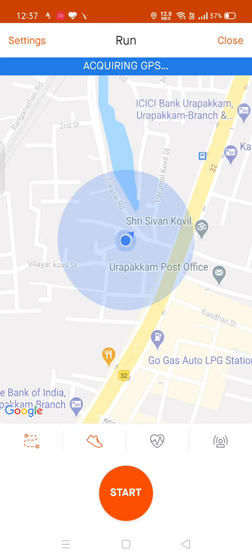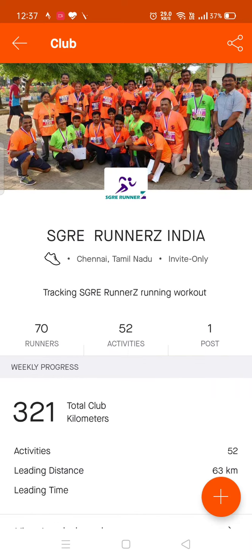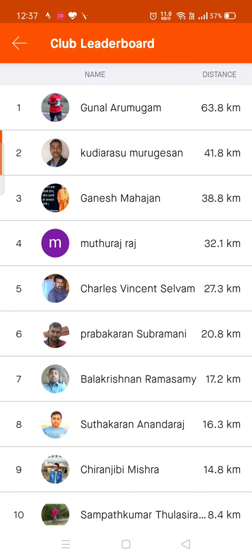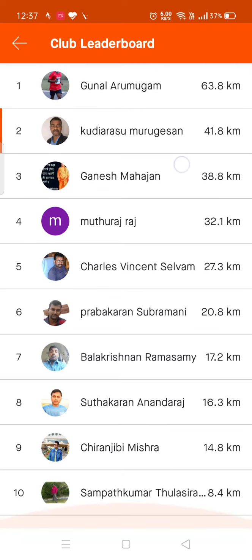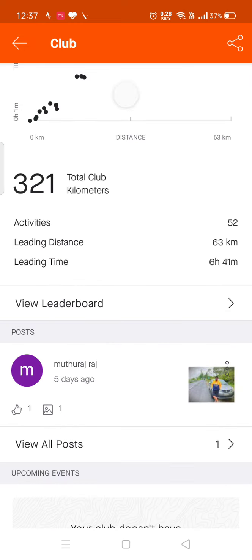Another thing, you can see the leaderboard also. Once you log into that, you can see the leaderboard, so you can rate yourself on which position you are, how many people are leading you, how many kilometers they have completed and how much you have completed. This kind of information you can get from the club leaderboard, right?